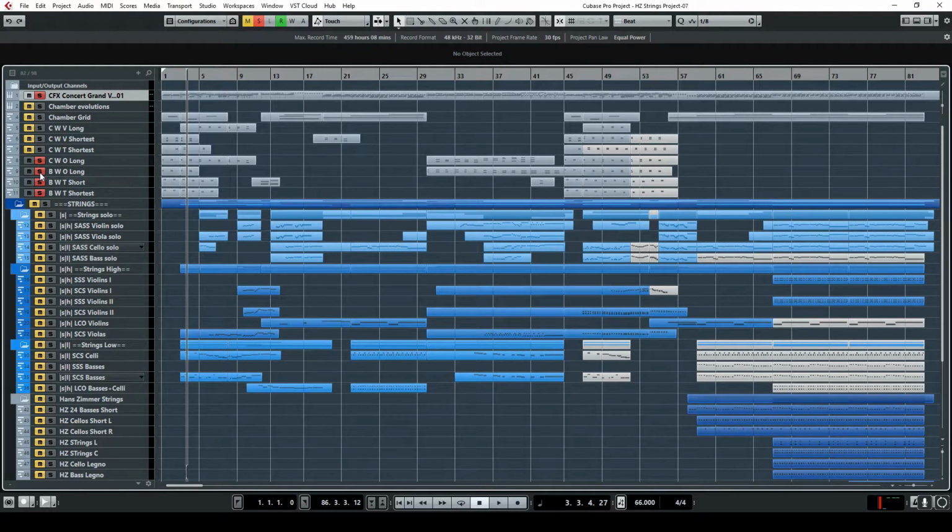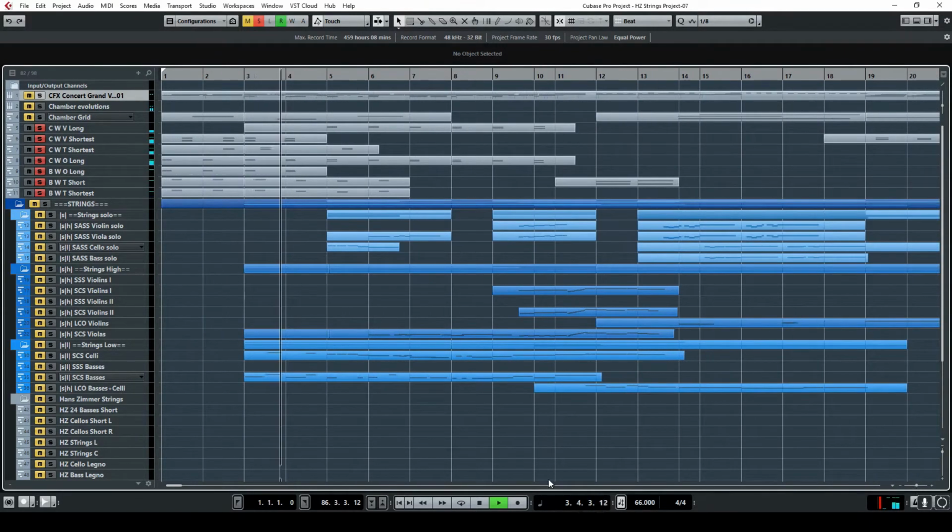I'm using bass waves, which are mainly these ones, together with the chamber waves. And I'm also using this one from Chamber Evolutions,